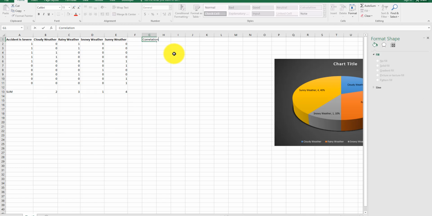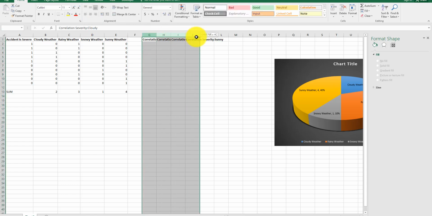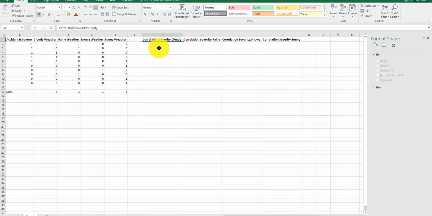Correlation, severity to cloudy. Now this will take a little bit of time for you to set up here, so just keep that in mind. Rainy. And I know there are many different ways to do this, faster perhaps, or you could code these. But I just want to show you, just so you could get this done,